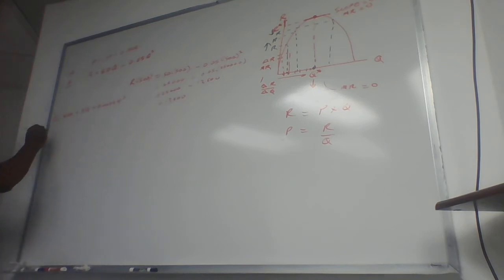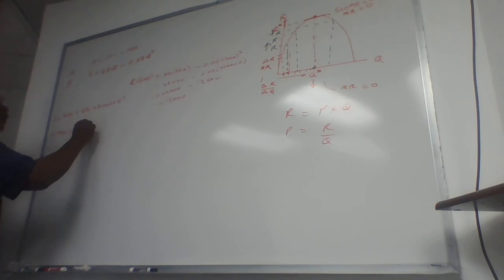So our cost when we're producing 500 units will be 640 plus 8 times 500 plus